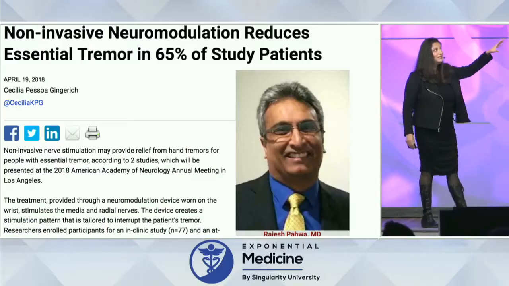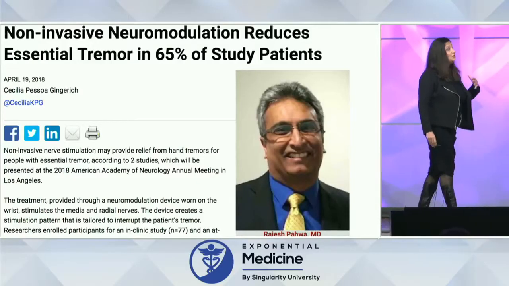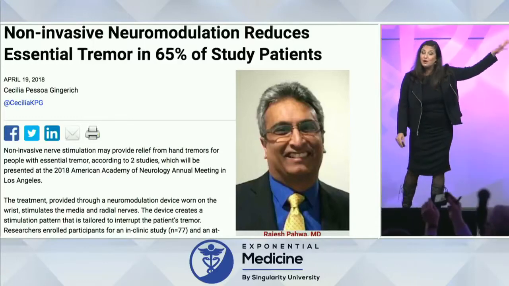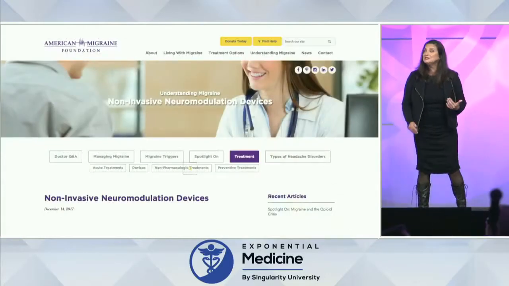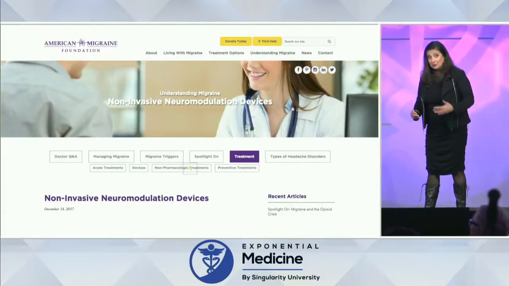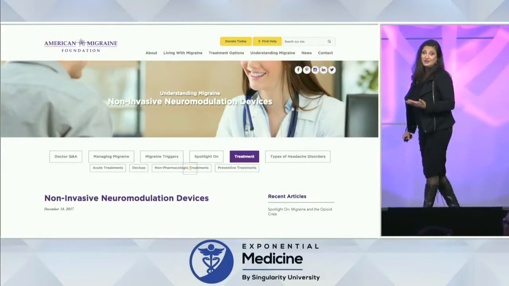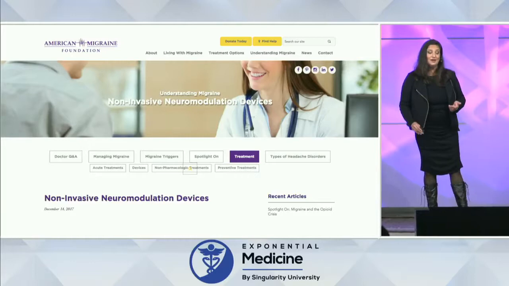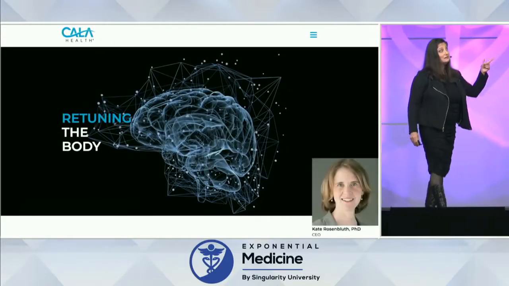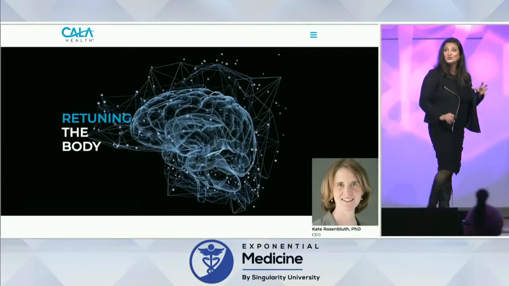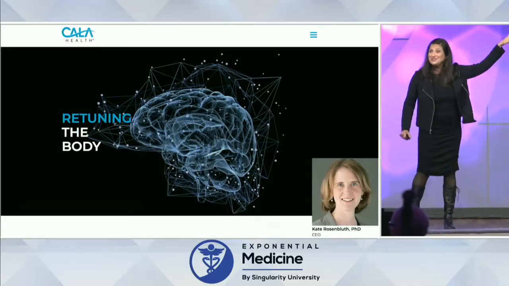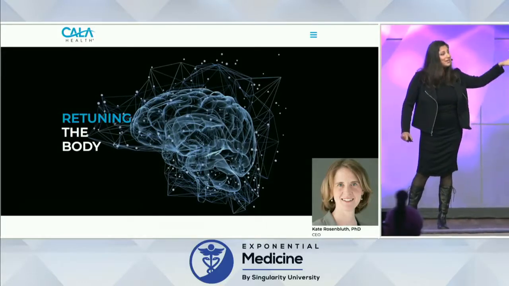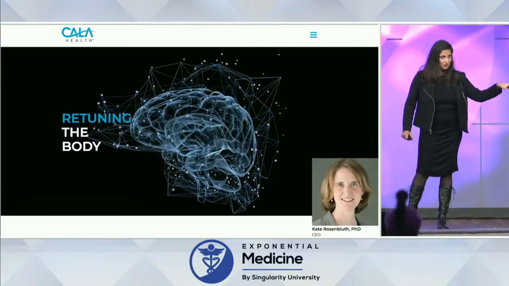ones. So we're finding now that rather than DBS, you can use non-invasive neuromodulation to treat Parkinson's disease, even to treat things as difficult as migraine headaches, which causes an enormous amount of morbidity in the United States and elsewhere in the world. We also had Kate Rosenbluth come a few years ago to talk about her company. There are entire companies that are coming online whose entire focus is electroceuticals, treating the brain with electricity delivered from the outside. But the holy grail here has been this.